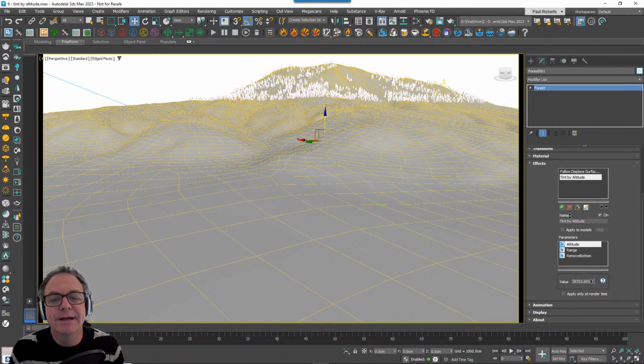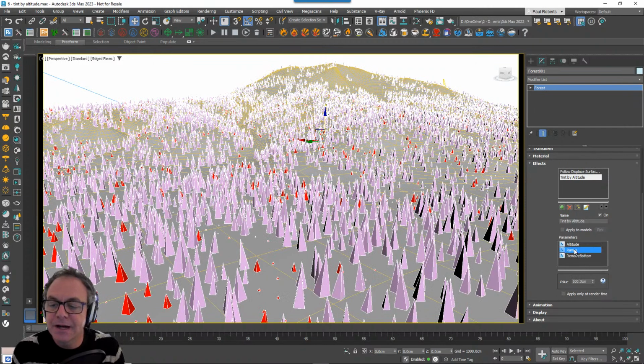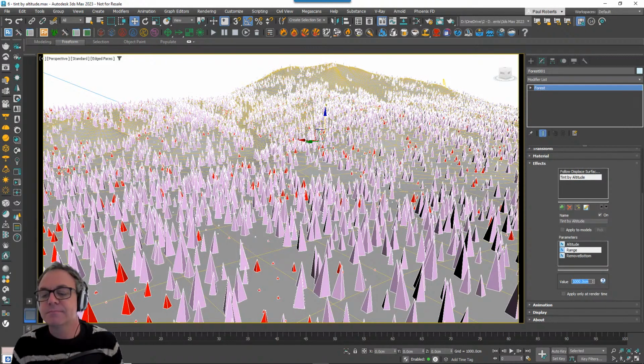So we want it up there somewhere like that. And then once you've got the altitude in the right place, you can turn this back off by putting it back to 0. And then the range is over what distance do you want this transition to take place. Over what distance do you want this mask, which is basically what you're generating, to go from black to white. So let's say we want it over, I don't know, 10 meters, something like that.